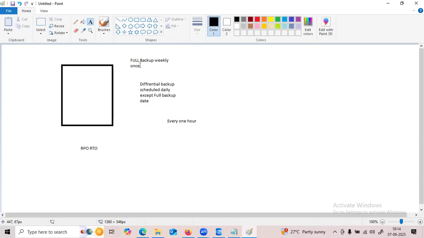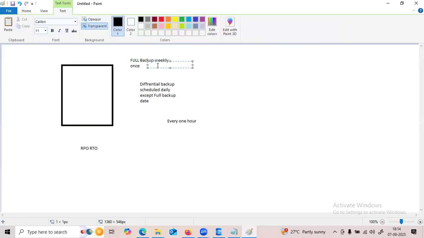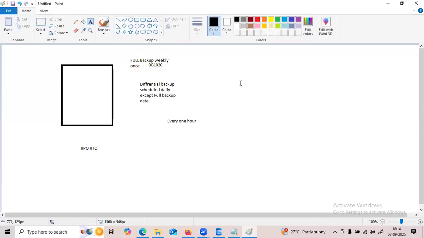Now coming to the full backup. Whenever we run a full backup, every backup has an LSN, a log sequence number. When I perform the full backup for one database, suppose that backup LSN number is 1020. The full backup is the base backup. If I want to take a differential backup or transaction log backups, then we must perform the full backup first.